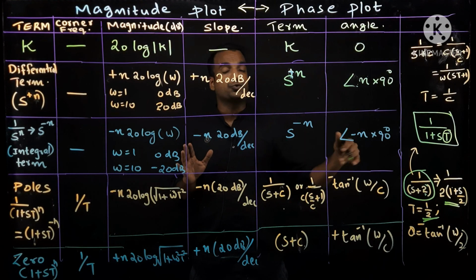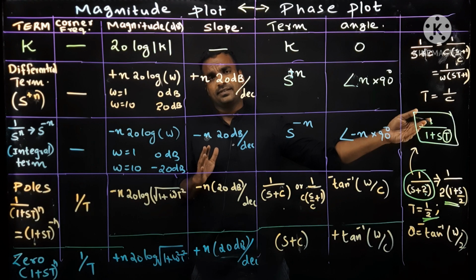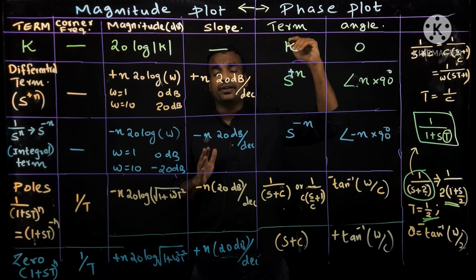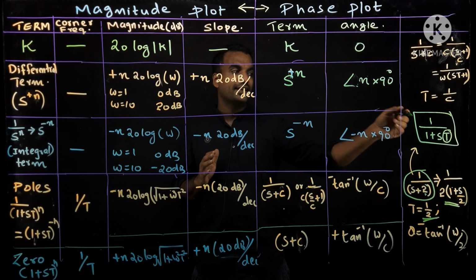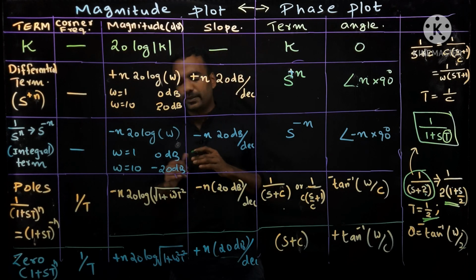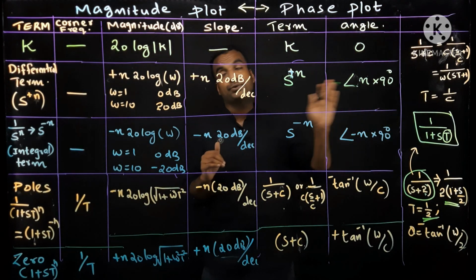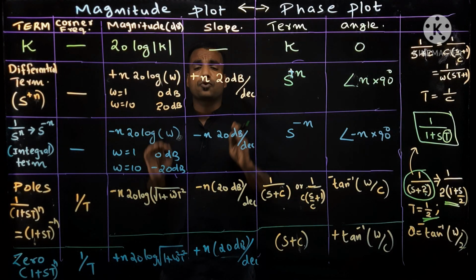Every pole and zero should be rearranged into the standard form. We already learned this first order representation. First order system, please refer to the video of first order system and its time domain analysis. In that you can see this. So in Bode plot, the first step, you have to rearrange all terms into standard form. Anyhow, that will become more clear while doing problems.